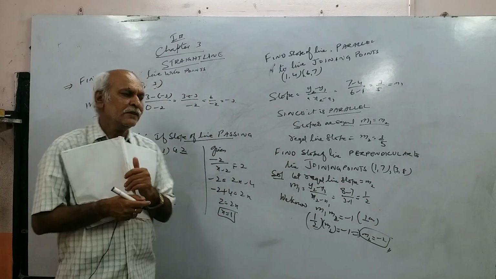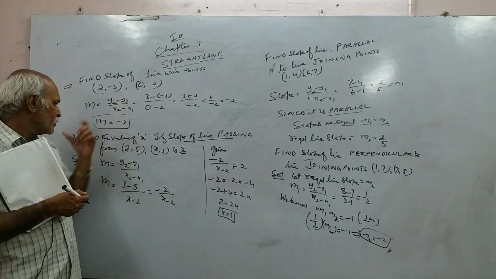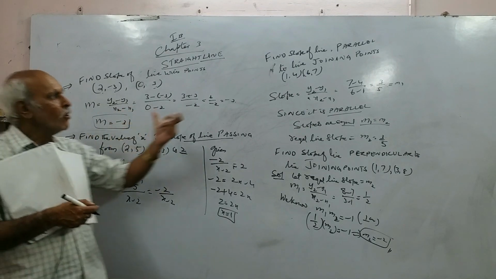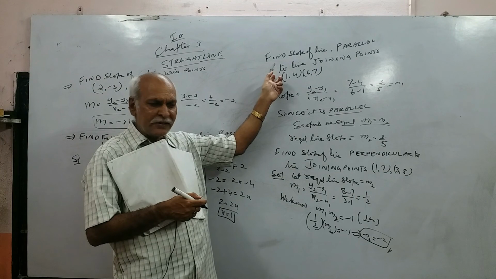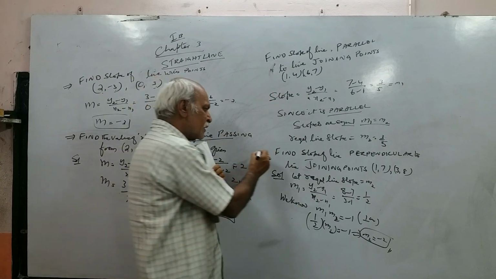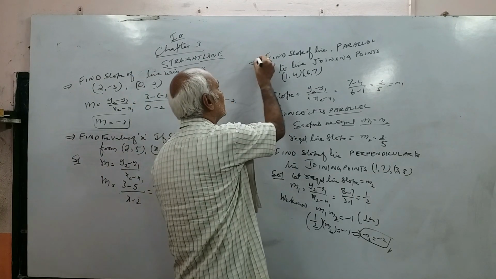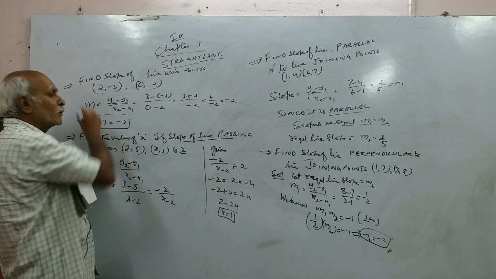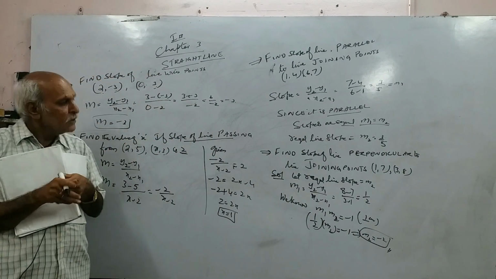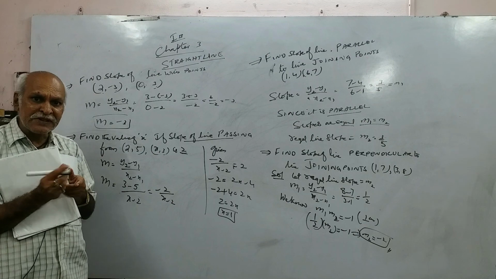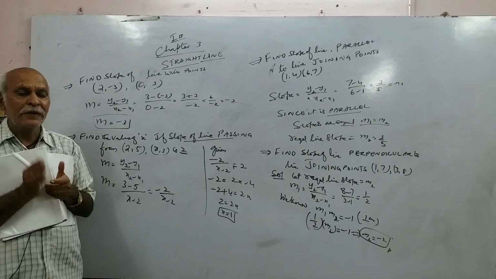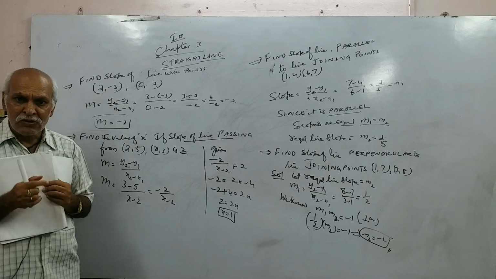So what have we seen? How to find the slope, how to find the value of x, how to find the slope of the line when the parallel condition is given, and how to find the slope of the line when the perpendicular condition is given. So these are basic problems. Okay, we will continue in the next class. This chapter is a very big chapter, sir. So we will be doing many problems. Please maintain proper notes for this, sir. Okay, right. Thank you.